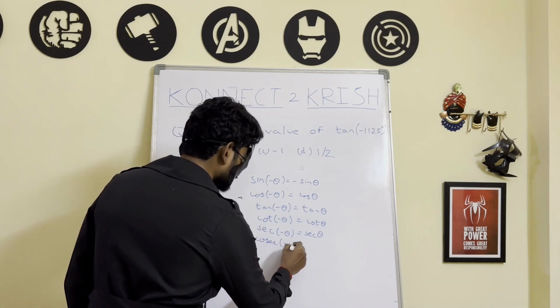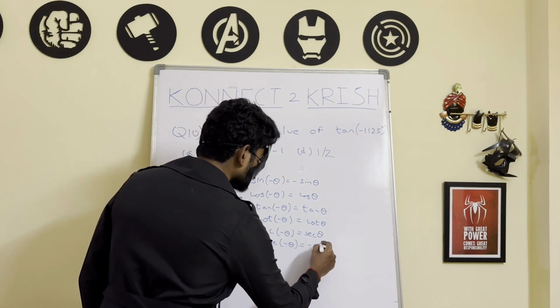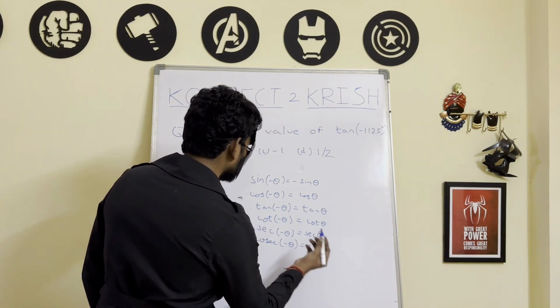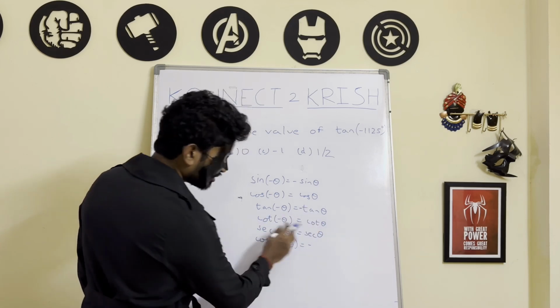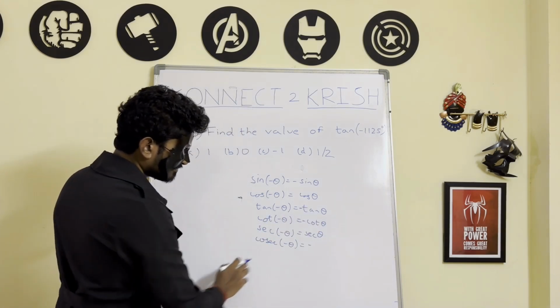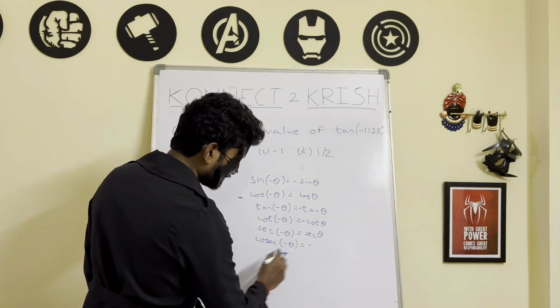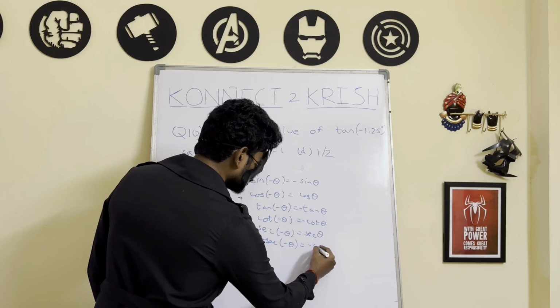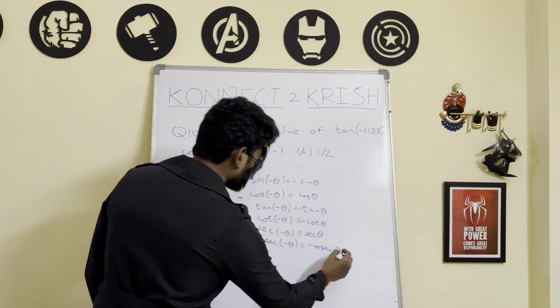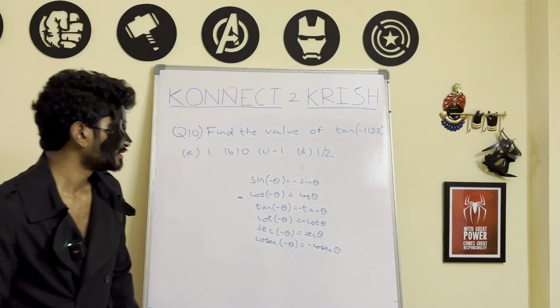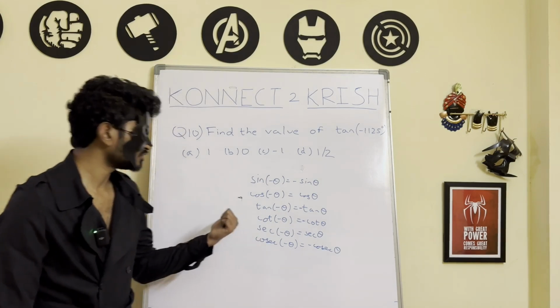Cosecant of minus theta is equal to minus cosecant theta. Tan of minus theta is minus tan theta, cot of minus theta is minus cot theta, secant of minus theta is secant theta. So the concept here is